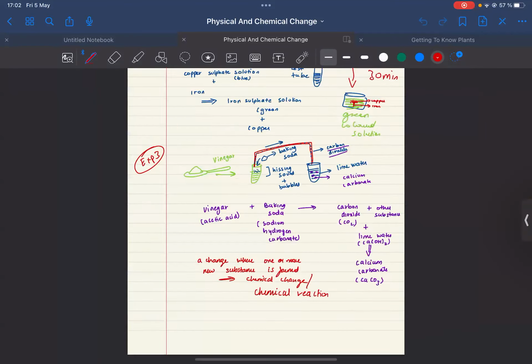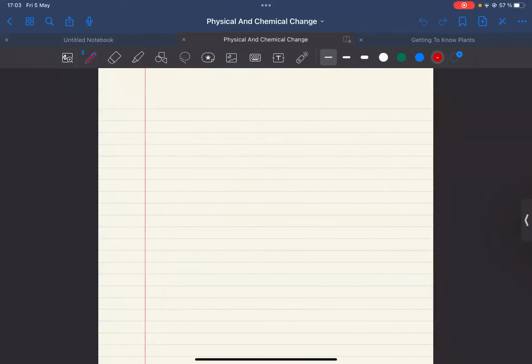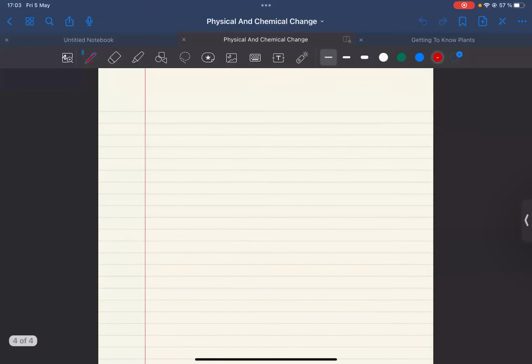Okay. For example, digestion of food in our body is a chemical change. Ripening of fruits is a chemical change. Fermentation of grapes is a chemical change. All this has happened due to a series of chemical changes. Medicine is the end product of a chain of chemical reactions. Again, without chemical reactions, medicines won't be formed today. Useful new materials such as plastic and detergents are all produced by chemical reactions. So indeed, every material